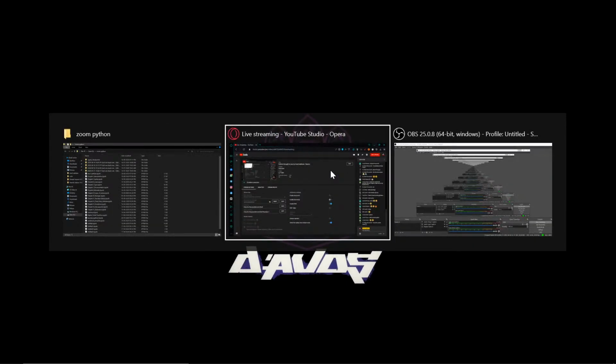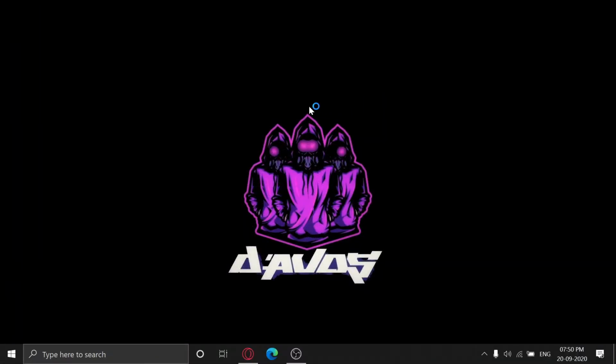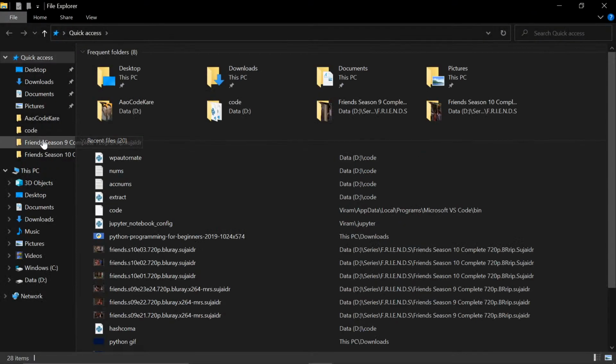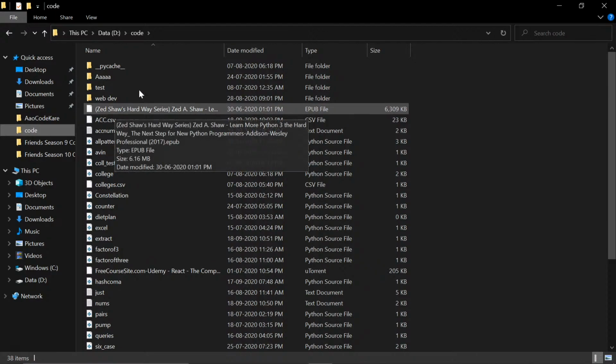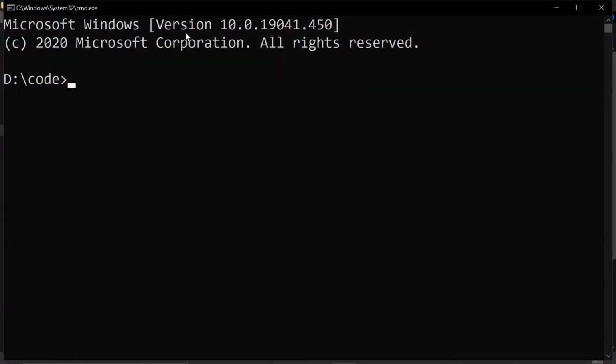Let's use VS Code today because around the whole session we have never used it, right? This is the folder where all my codes are. You can click on the URL, write cmd, or write code dot and press enter, and this will open your VS Code in that folder.